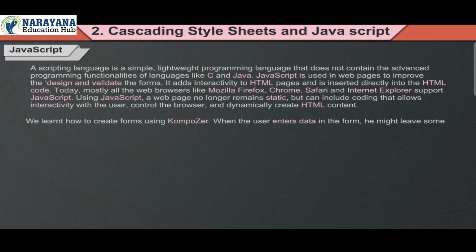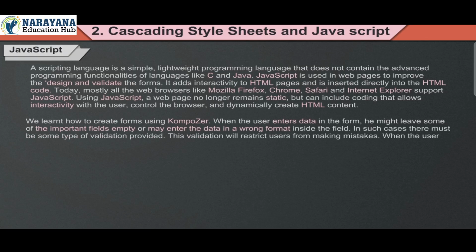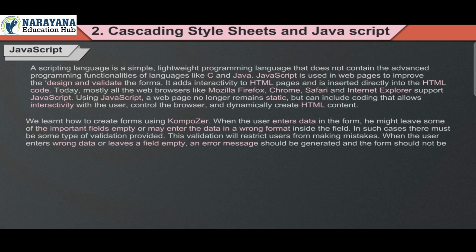We learned how to create forms using Composer. When the user enters data in the form, he might leave some of the important fields empty or may enter the data in a wrong format inside the field. In such cases, there must be some type of validation provided. This validation will restrict users from making mistakes. When the user enters wrong data or leaves a field empty, an error message should be generated and the form